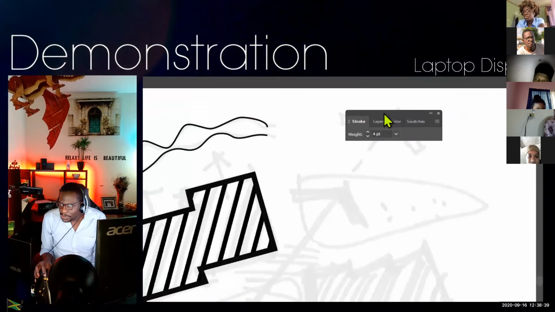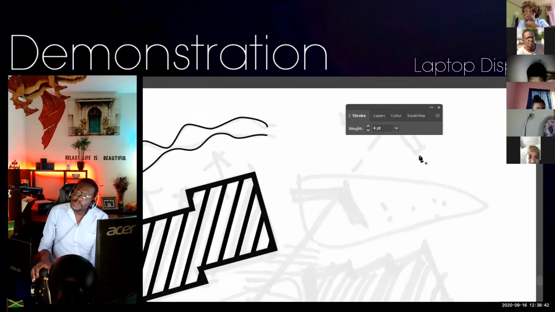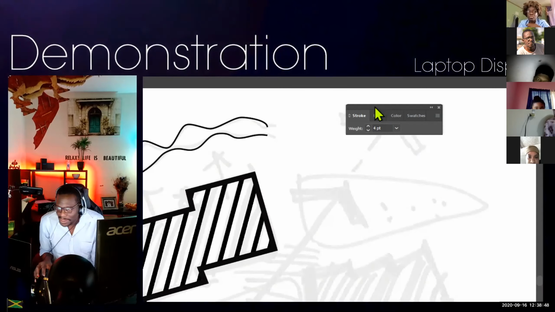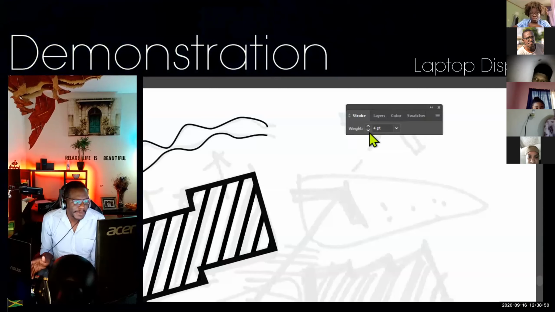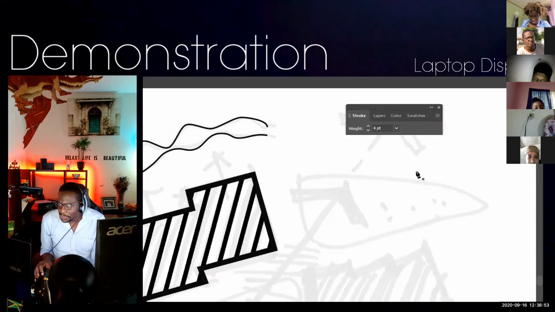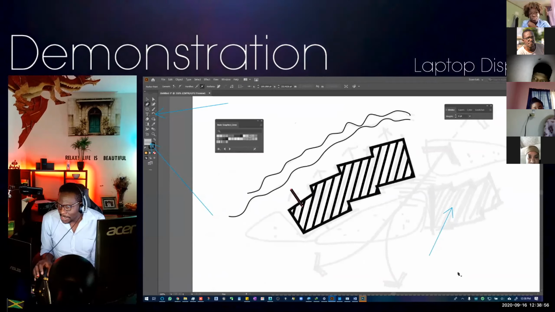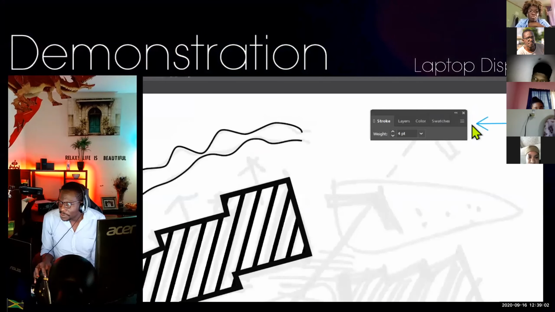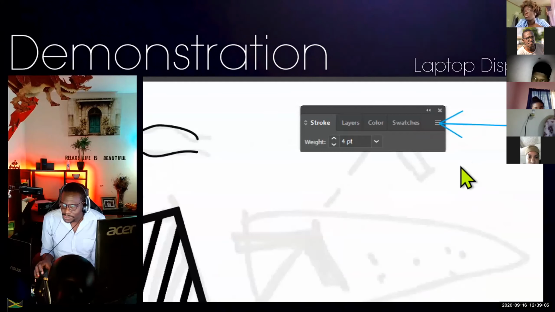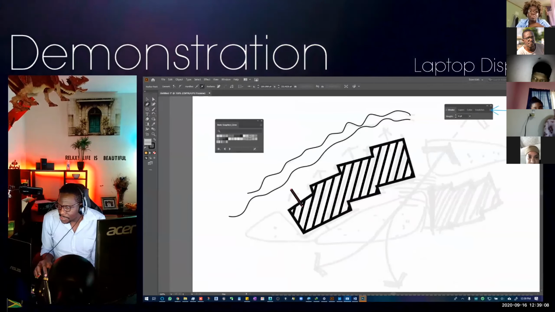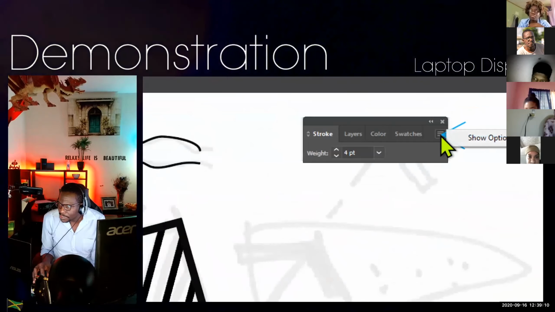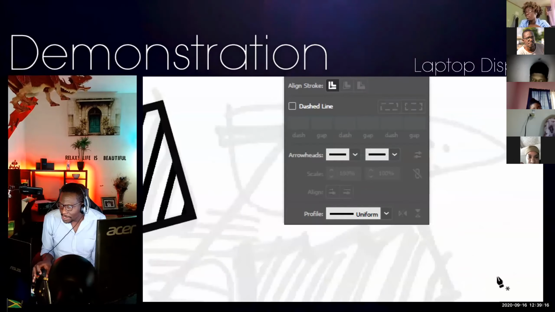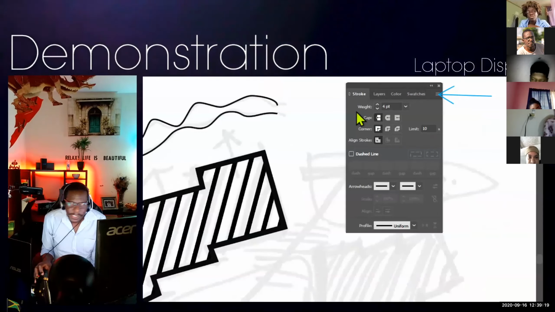Now, I want you to go to your stroke panel. This is another important part. You might look at your stroke panel and say, why bother with this panel? It just has one little option here, which is to change the size of the stroke. But little do we know that we have what's called panel options. I showed you in Photoshop that all panels have panel options. So go to panel options and choose this option here to show options. And then voila, your stroke panel now turns into this